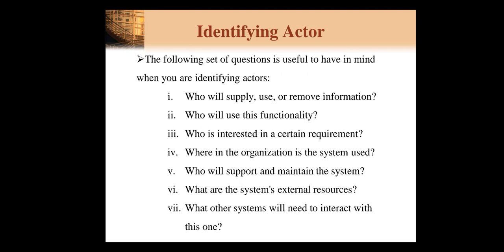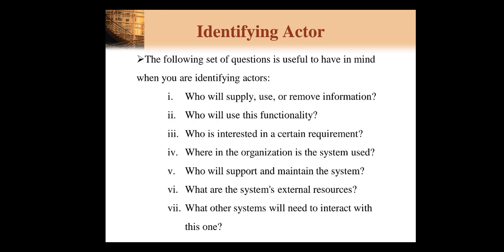Now, how to identify an actor? Continuously we are talking about the actor who is communicating with the system, who is initiating the use cases, who is calling the functions of the system, because the system is performing the task, but it should be called by someone. Only then will that task be activated, and it will be activated by the actor. Now how will we identify who the actor is for my system? While drawing the use case diagram, the first thing we have to do is identify the actors.